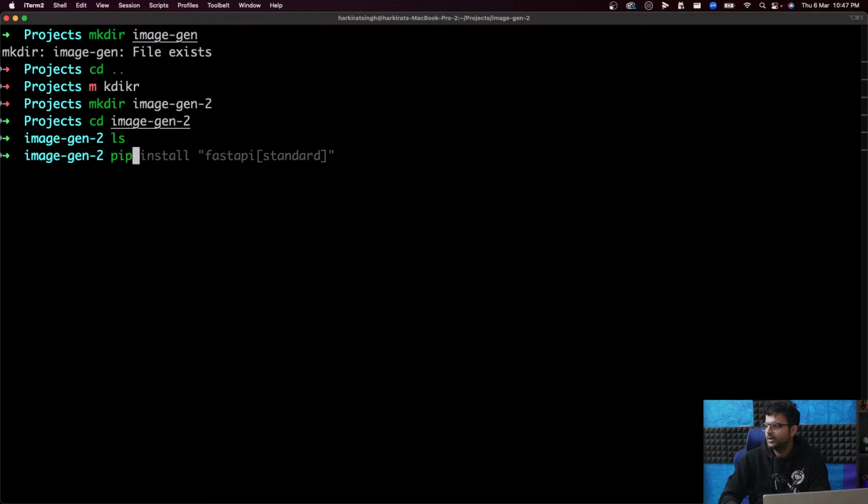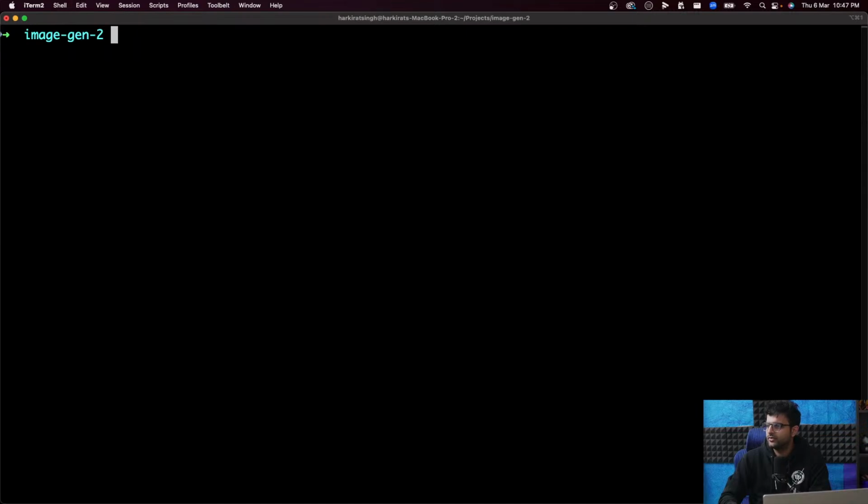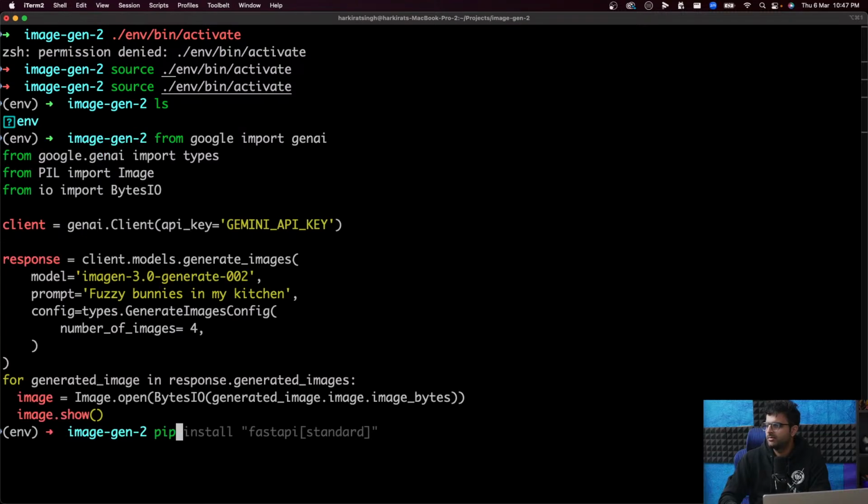How do you create a virtual environment here? python -m venv env, and source env/bin/activate. That's fine, and then pip install the AI package.